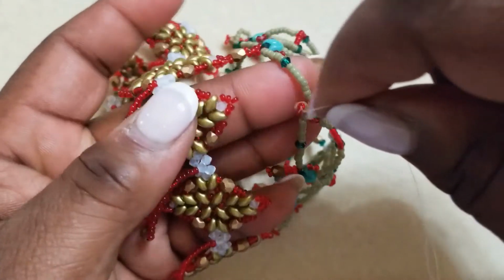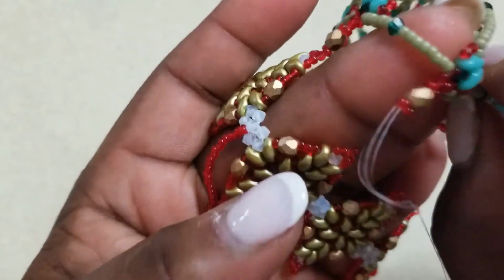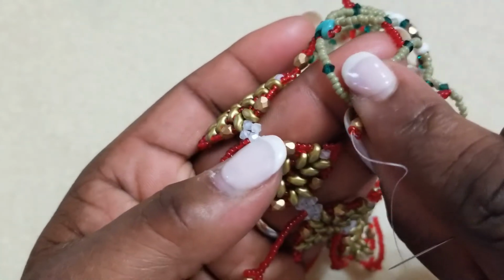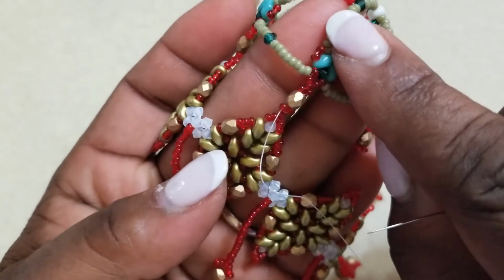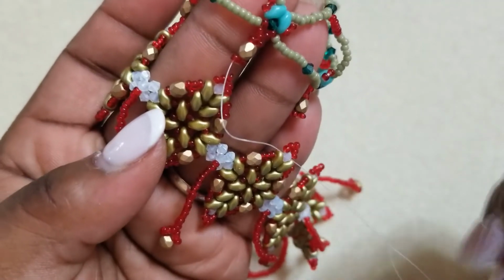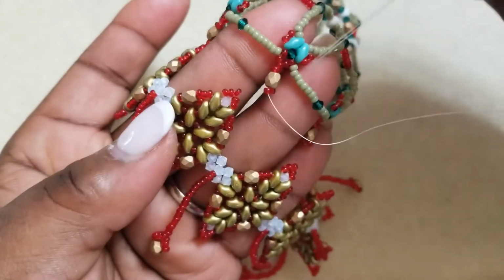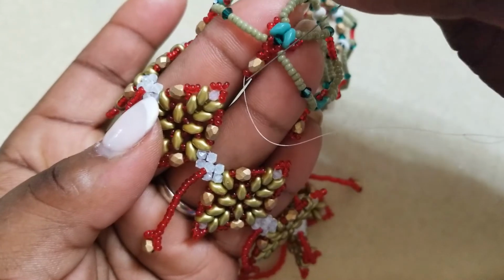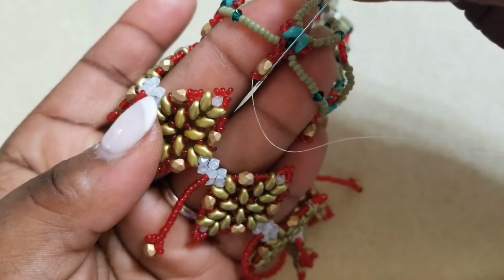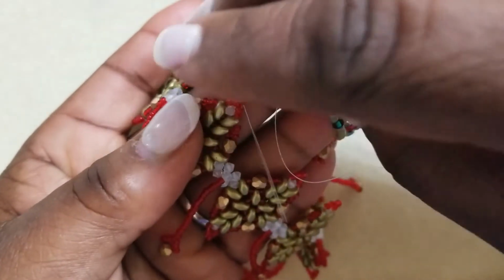Now once here, I'm lined up with my component and the top of the picot. And we're not adding any beads in this attachment. What I'm going to do is, with my needle exiting the seed bead on the right, following that fire polish, I'm going to pass into the picot top,